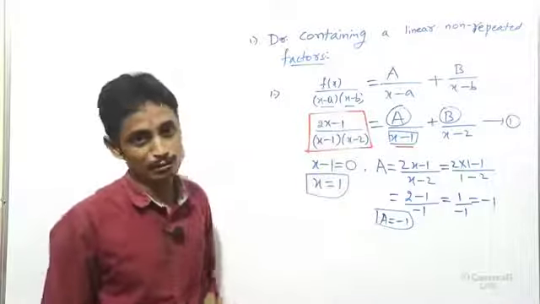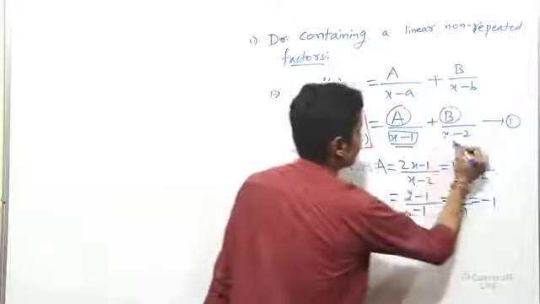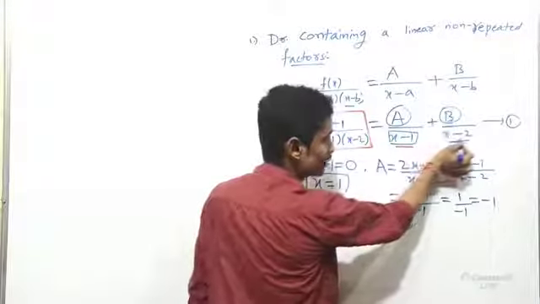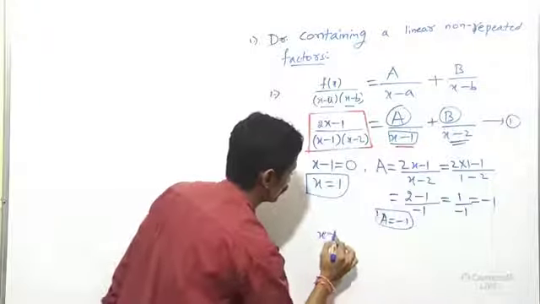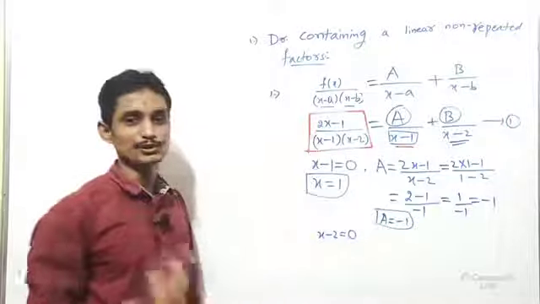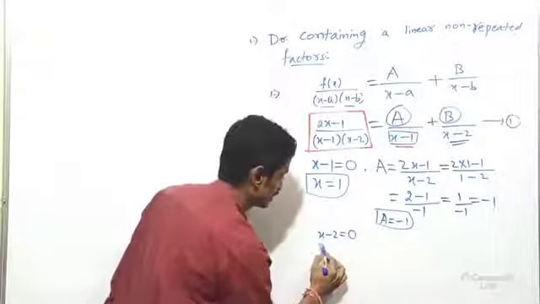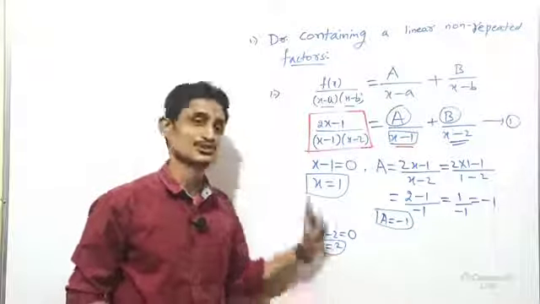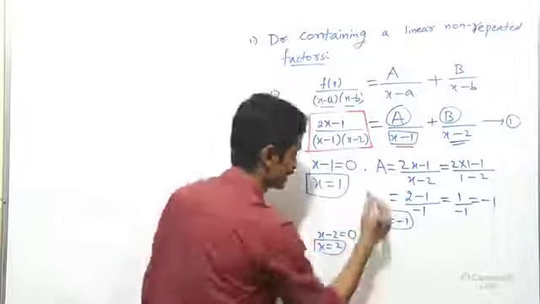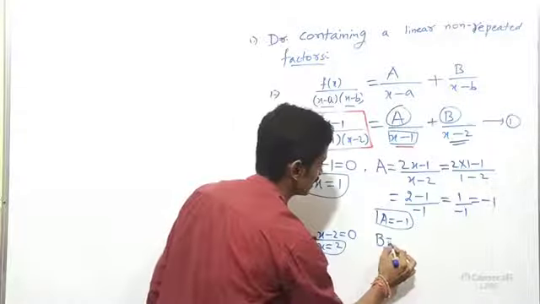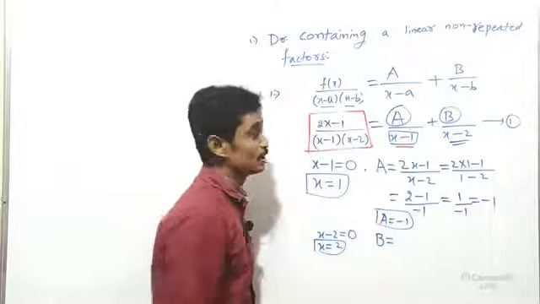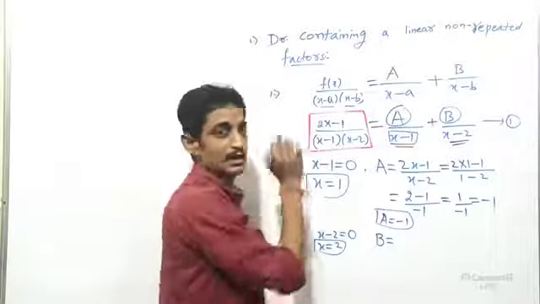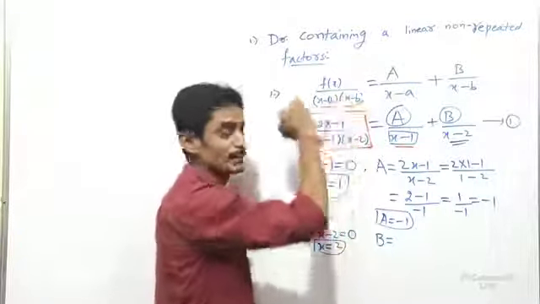That's why lastly I will go to inspection. So now I will move to the second one to get the value of B. We have the denominator x minus 2, so assume x minus 2 equal to 0. After that, transferring 2 to the RHS side, we get the value of x, that is 2. The same procedure to get the value of B. I will write B here. What is my B value? Look at the denominator, x minus 2 is there. In the LHS part, excluding x minus 2, the remaining part we have to take.